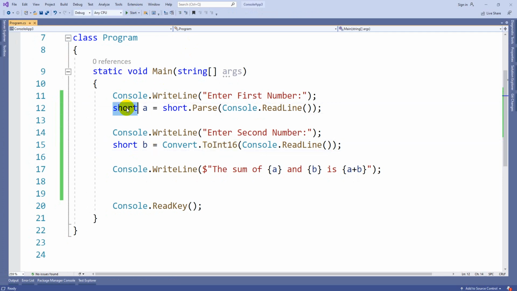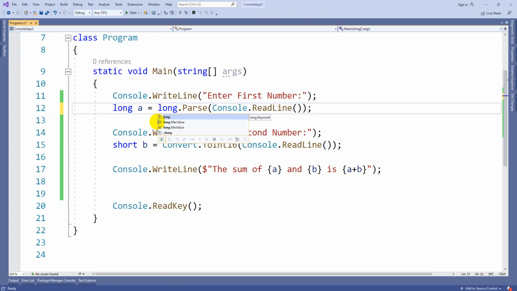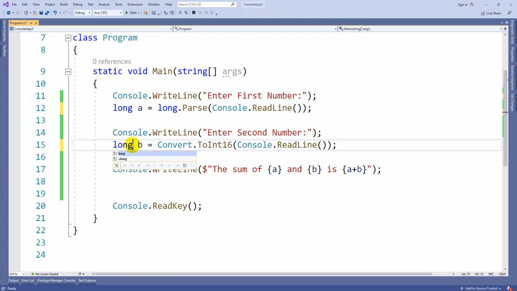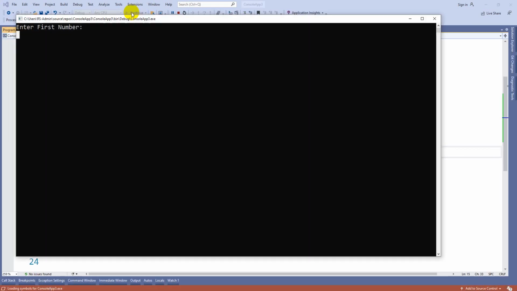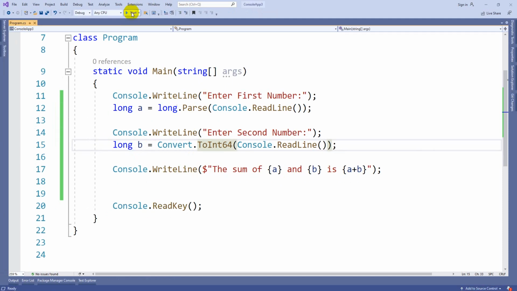Next time, whenever I want to work with long, I can use long dot Parse, and here also long b is equal to Convert.ToInt64.